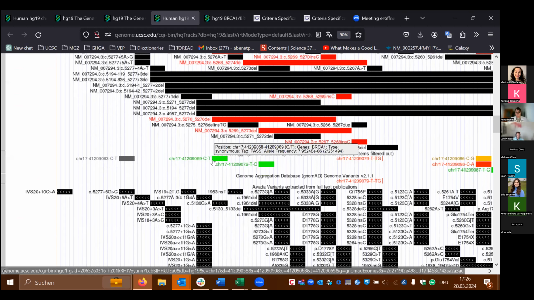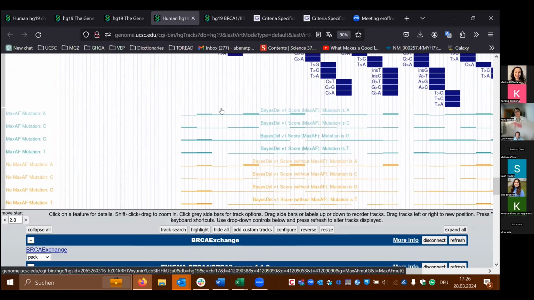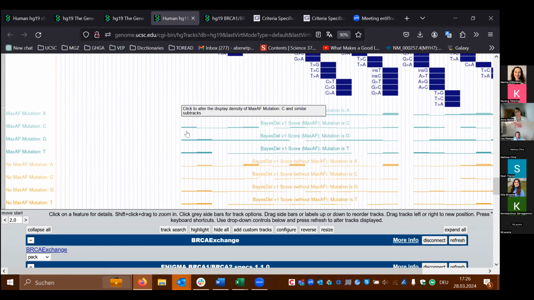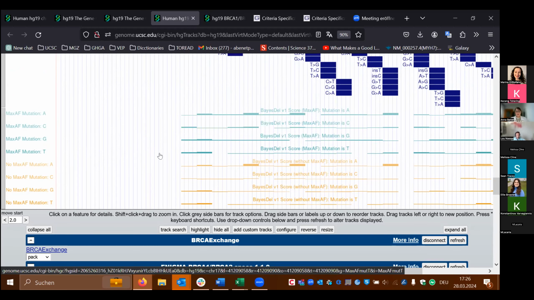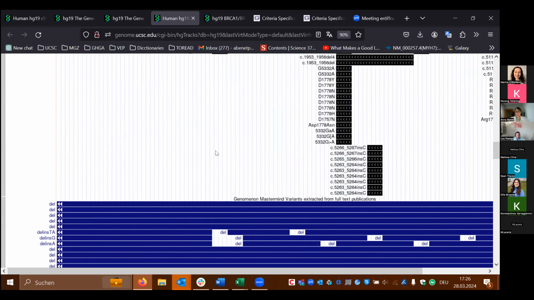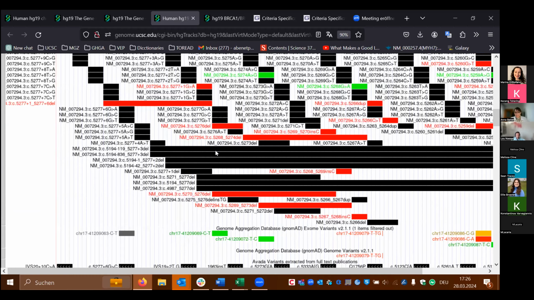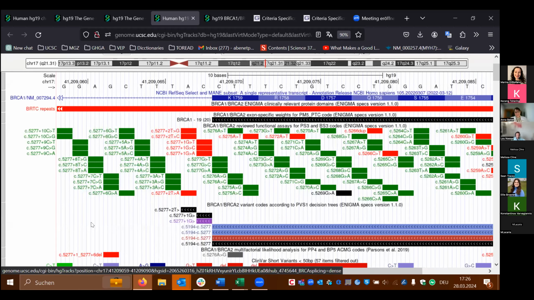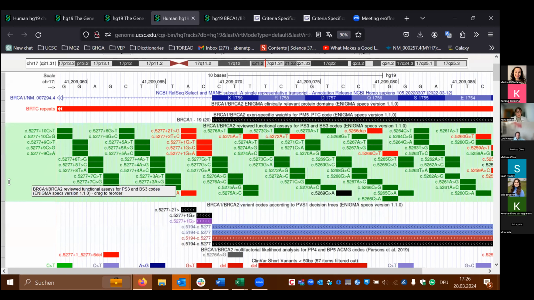And here, interesting, it is also maybe just exactly here Bias-Del. Enigma is recommending using the Bias-Del scores and not the Rebel scores, so we have changed the Bias-Del instead of the Rebel scores. So this is just to show you what we did with this data, and